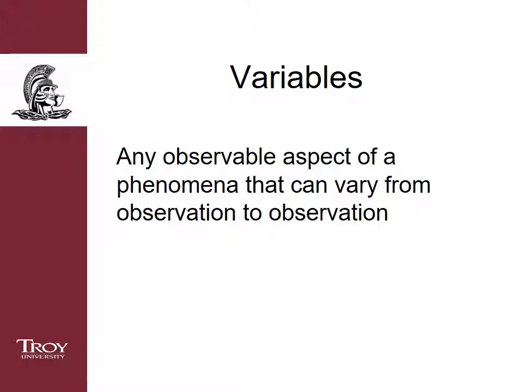First of all, we say variable all the time, right? And it's technically any observable aspect of a phenomenon that can vary from observation to observation. And okay, that's kind of a way of explicitly stating what's obvious. But very often, you've got to put things into words, not just take the meaning as given. But a key thing about a variable is it has to vary. Something can't always be the same, or else it would be a constant. And we aren't too interested in constants